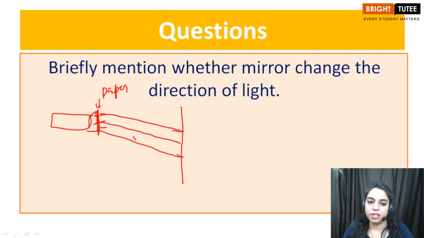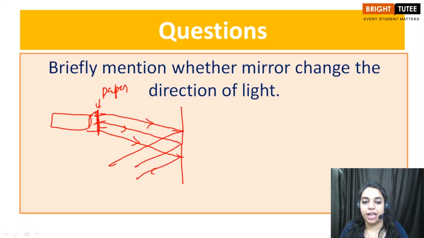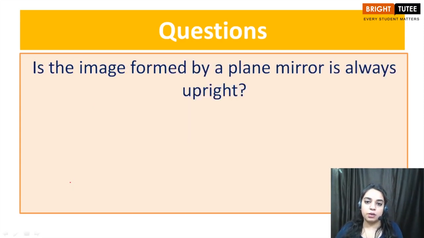We can observe the 3 beams of light coming from the 3 slits, and after reflection you can also observe the change in the direction of the light, and it can be observed in a better way if you place a piece of paper just below the apparatus that we are using, and make sure that you do this activity in a little darker room. In that way you will be able to observe the changes in the direction of the beam of light very easily. Okay, children. So these were all of the questions.